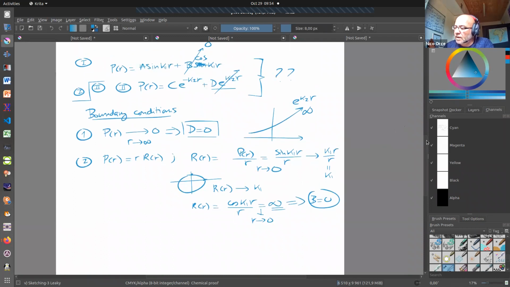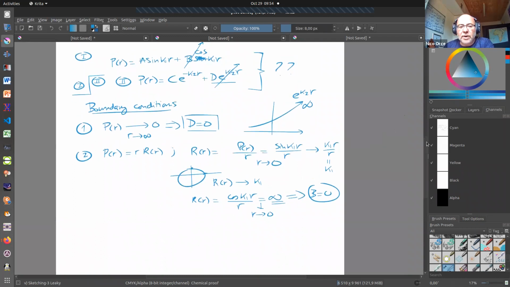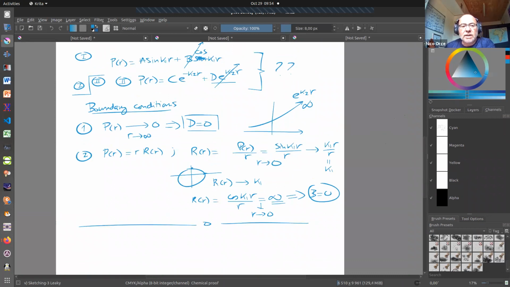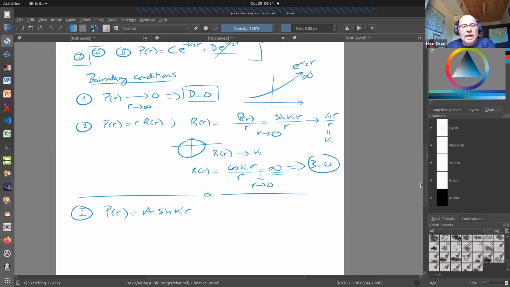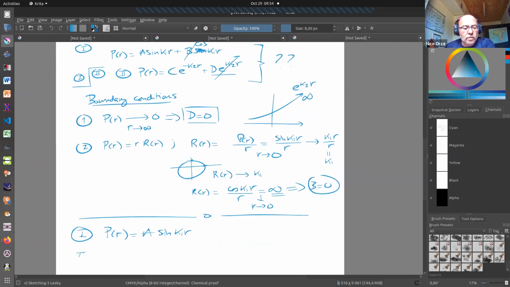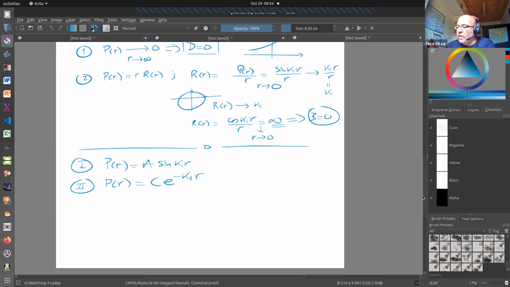Yes. So then the Schrodinger equation simplifies itself, because now we have only psi of r. In region 1, psi of r is going to be equal to A sine of K1r, because B is equal to 0. And in region 2, we're going to have psi of r equal to C e to the minus K2r, right? Now that we have this,